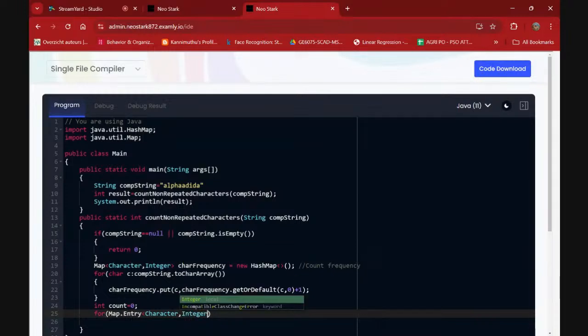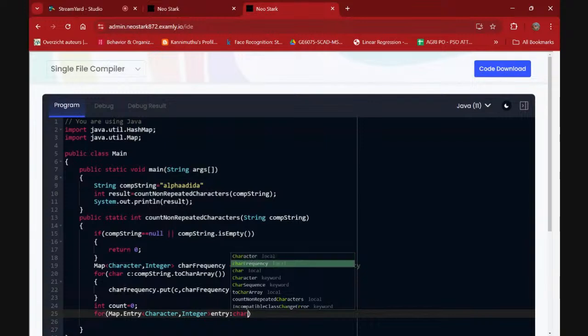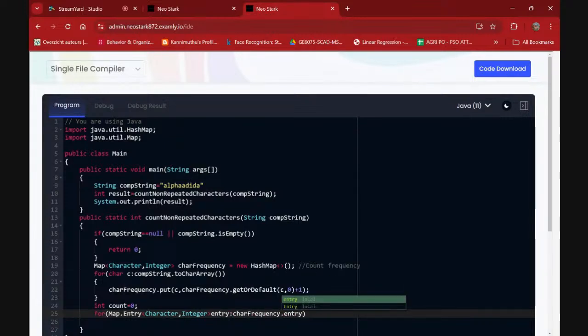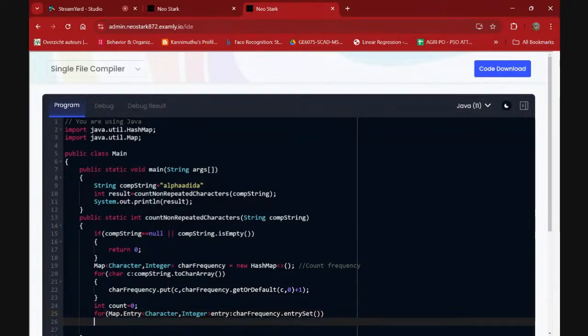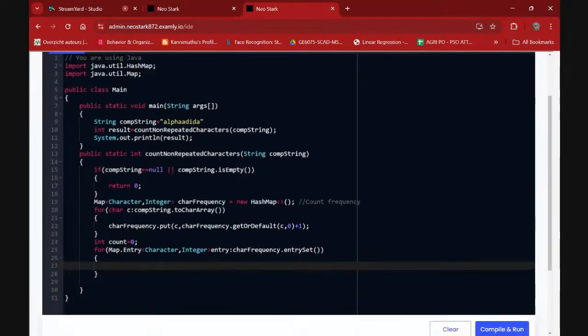So I'm going to have another map which will help me enter the unique characters, using entrySet.